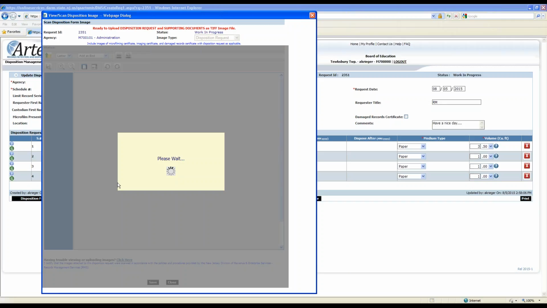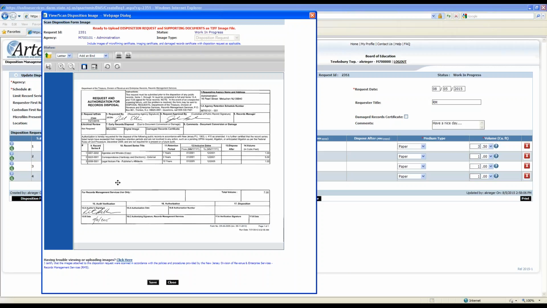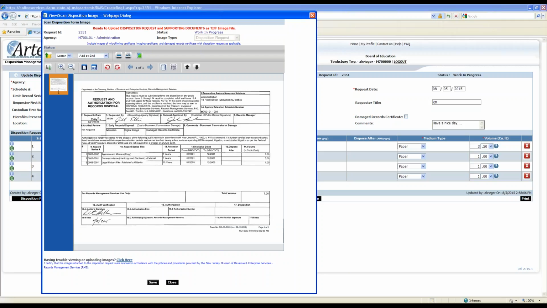And make sure that the form you upload, again, it's not going to be exactly the same here, but you want to make sure that your request ID on the form matches your request ID up here. Again, if you submit the wrong form with the wrong request, it's going to get rejected. So make sure that the forms you're uploading match the correct request you're on, especially if you're working on multiple requests at the same time.